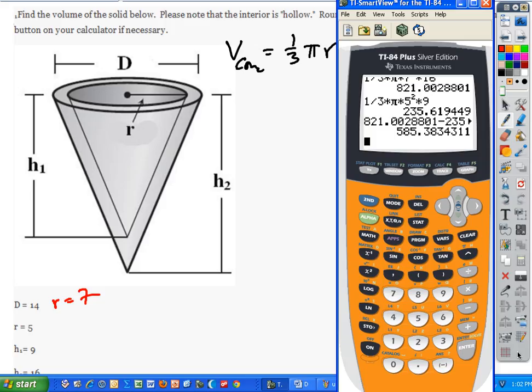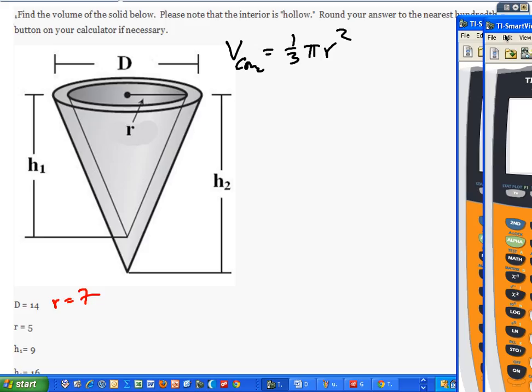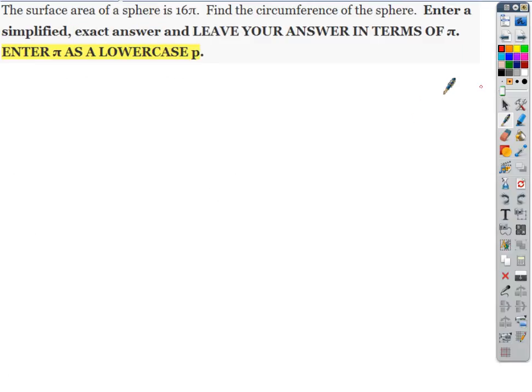The surface area of a sphere is given to us as 16 pi. They want us to find the circumference, right? So what do we do with that surface area that they give to us first? Okay, what are we solving for? Circumference, but in order to know circumference, we have to plug in a value of radius. Good. Okay, so the first thing we have to do is we'll take this surface area,